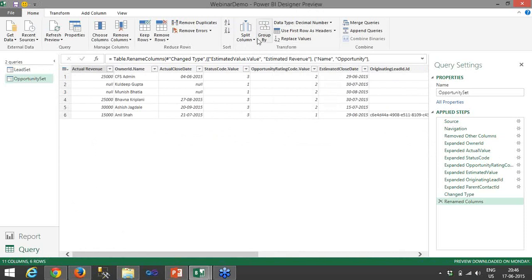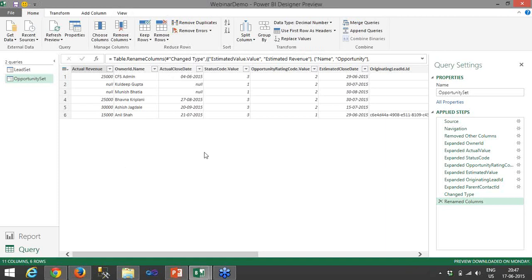When you're importing data from an Excel file, many times you need to use the first row as header, so we have an option to make the first row the header. We also have options to merge queries or append queries to combine data from different sources, or to remove duplicate rows from a particular column. So there are many options available for performing basic necessary transformations in the Power Query section.